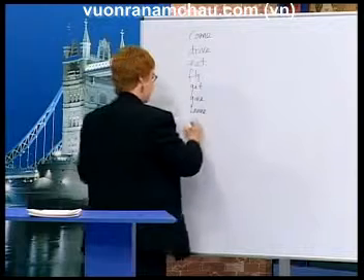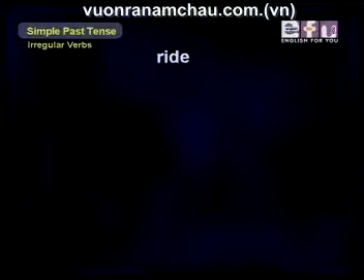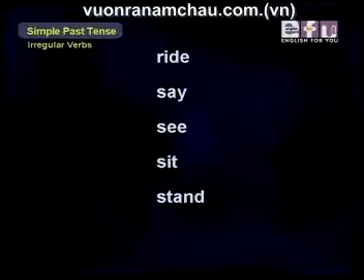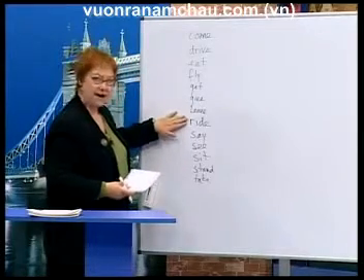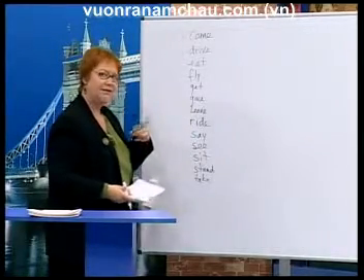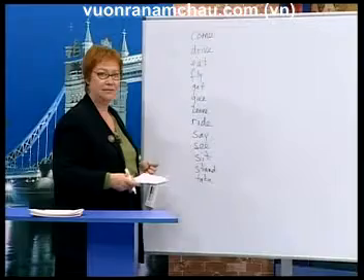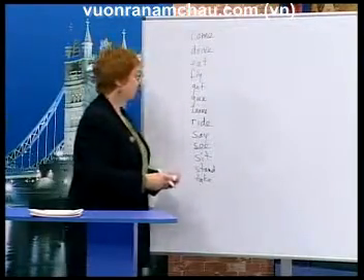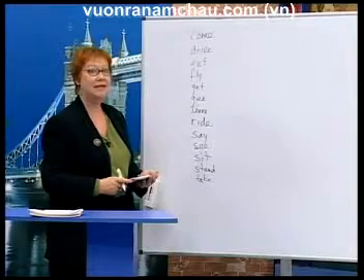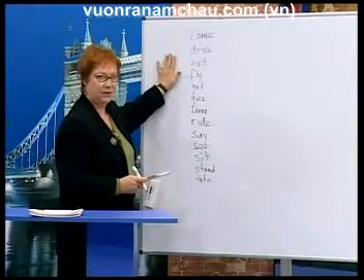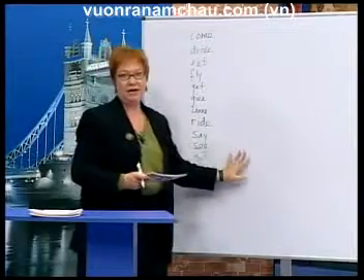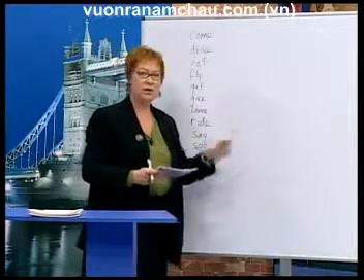Okay, here's the next group. Ride, say, see, sit, stand, and take. So this group is ride, say, see, sit, stand, and take. Okay? Now, let's look at the past tense of these verbs. Okay? First I'll write them on the board, and then you'll look at the screen and we'll look at some